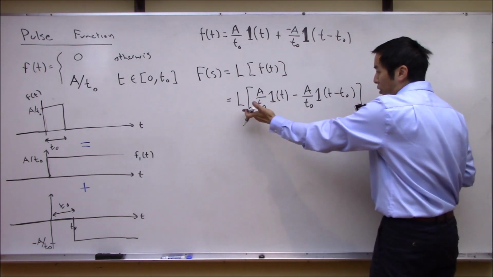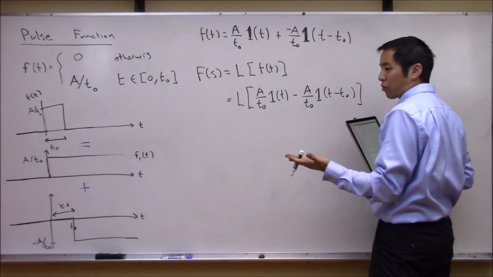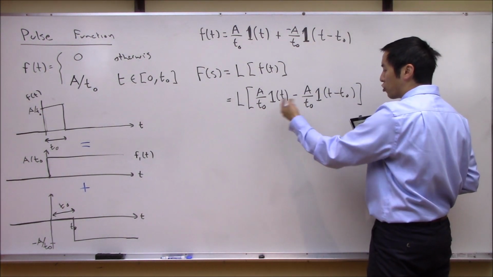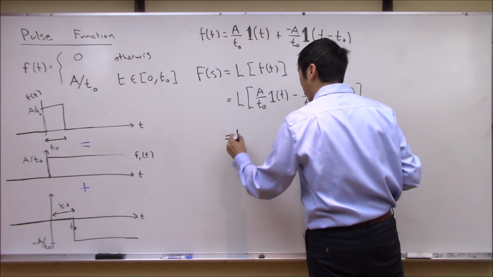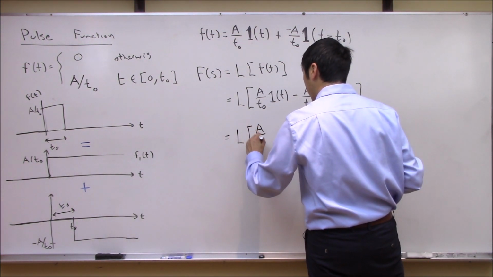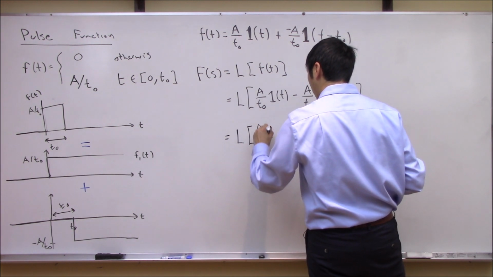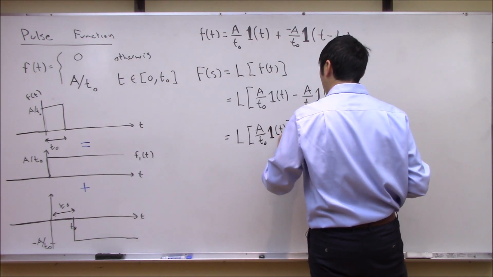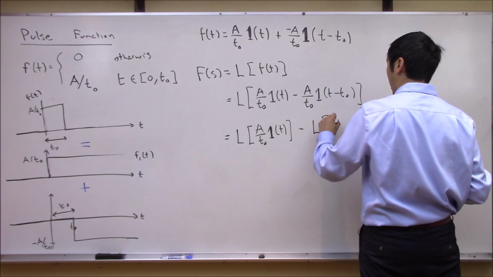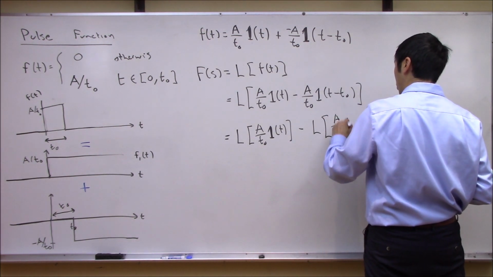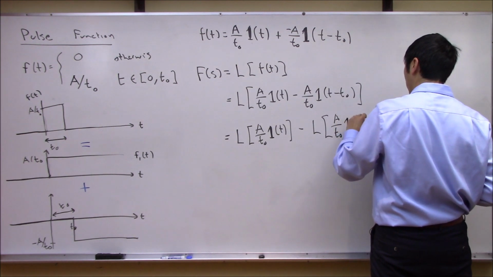So you know this Laplace transform operator, it's an integral, right? So I could just distribute the integral through, or I could just say this is the Laplace transform of a over t naught unit step t minus the Laplace transform of a over t naught unit step t minus t naught,